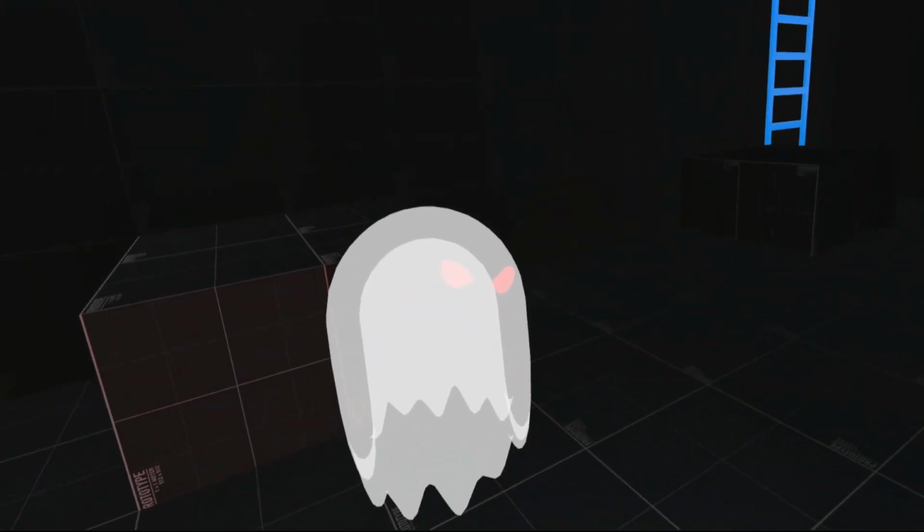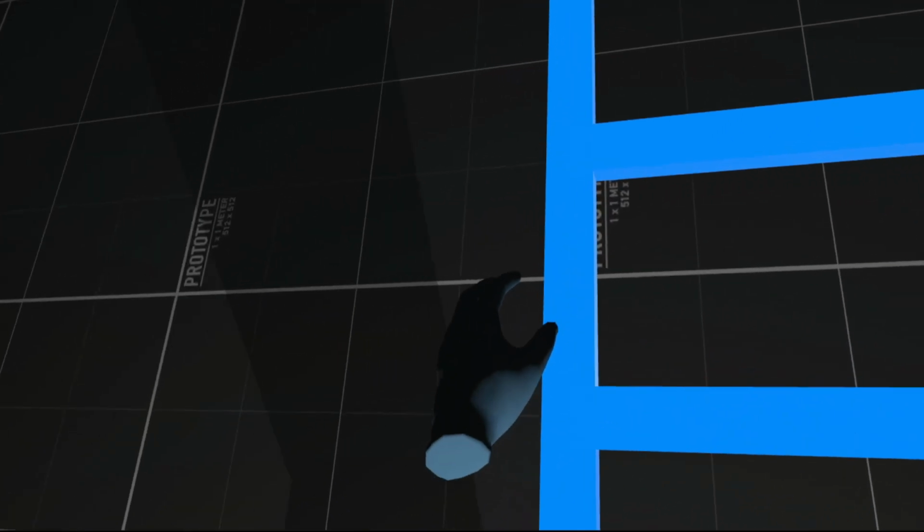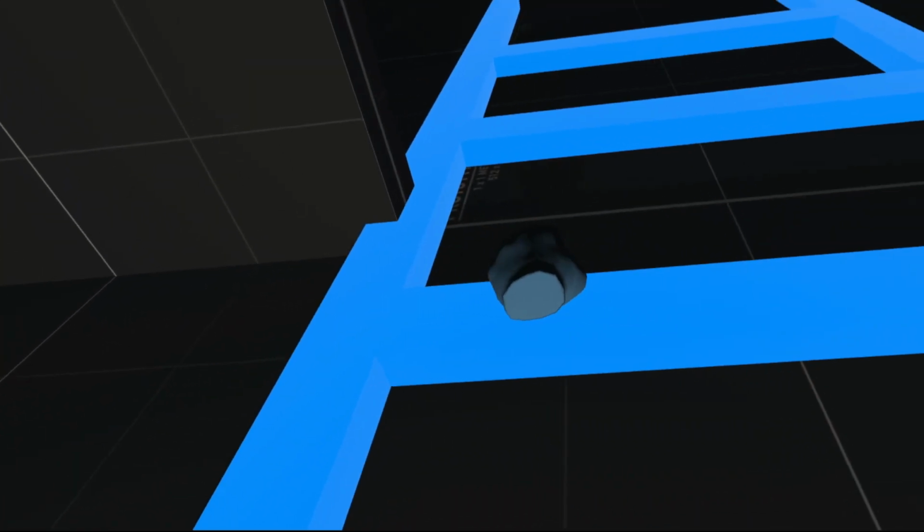Now, the final level I'll be adding to the demo will be a sneak preview of a, drum roll please, a boss battle. Now, yes, you're probably thinking, wait, your game's just avoiding ghosts and sneaking around and climbing and doing physics stuff. Well, I love that stuff, but I also love a good boss battle.